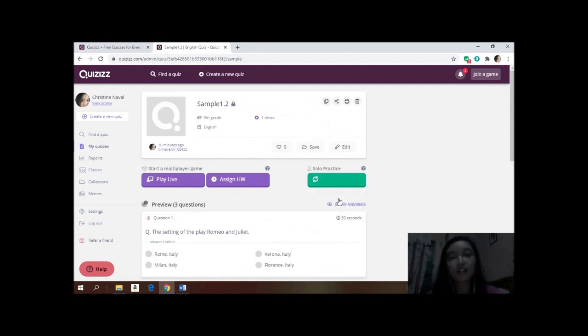students trying to play it, on the students'